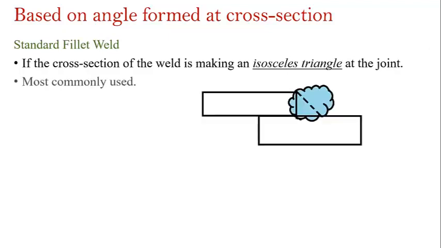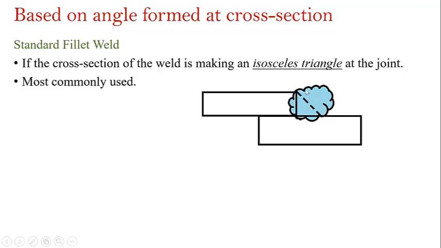So I'll show you the figure. Your fillet weld is nothing but a lap weld. Fillet weld is also called a lap weld. So I have two plates, with plate 1 on the top and plate 2 at the bottom. And these two plates are connected by using the welded connection. So the blue colored substance which you are seeing is the weld material, or the place where you are going to weld. Okay.